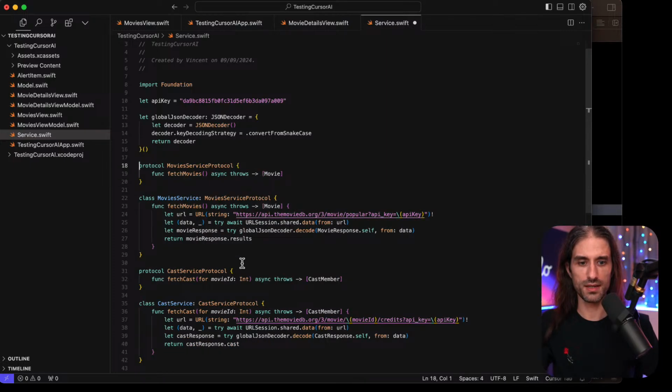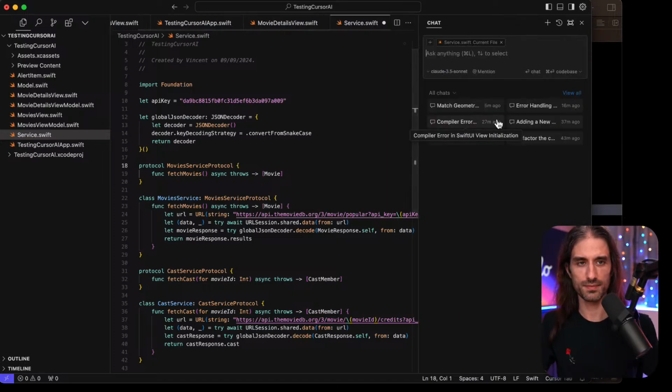So what should I use? Should I use the composer? Now I'm gonna just try and chat with the code base. So I'm gonna be like, refactor movies service protocol. No, I will be even more generic, like refactor the code to add pagination.